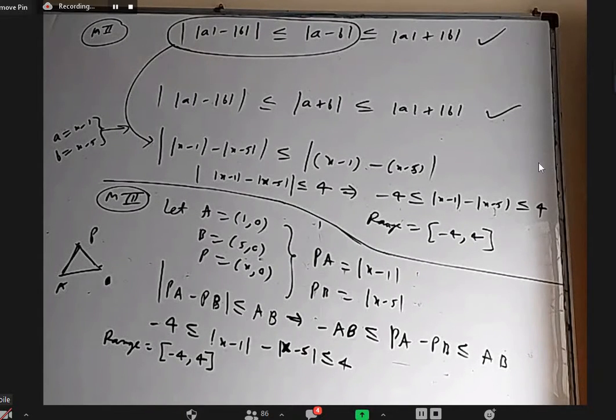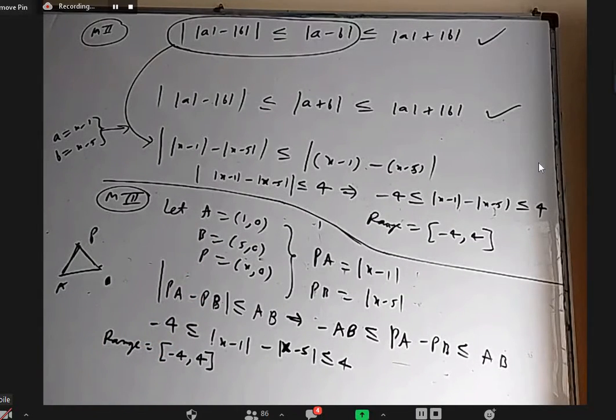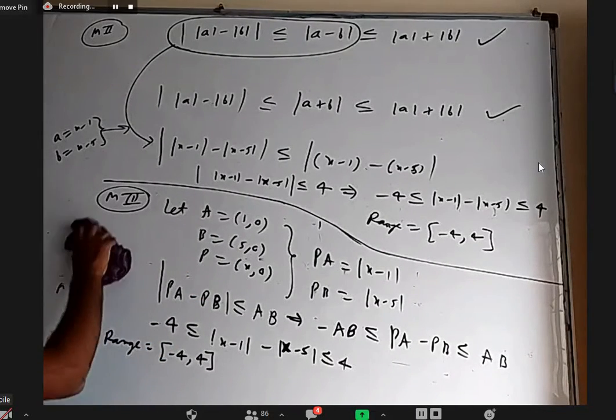So that only I'm asking, sir. Means how is A (1, 0), sir? I took it, let. Why did I take it? Because I wanted this question. If they would ask, okay, mod x minus 2 and mod x minus 10, I would have taken (2, 0) and (10, 0). Okay, sir. Yes, sir. Got it? Okay.